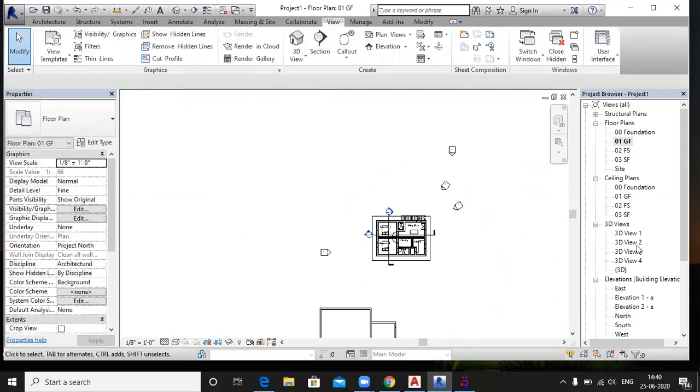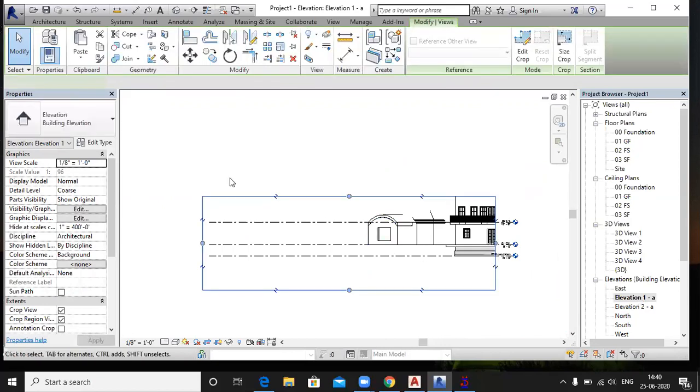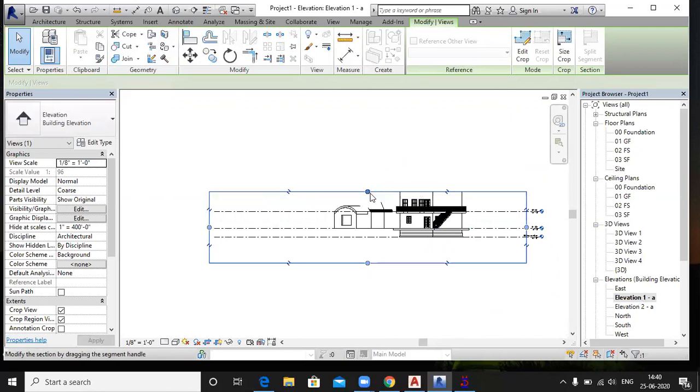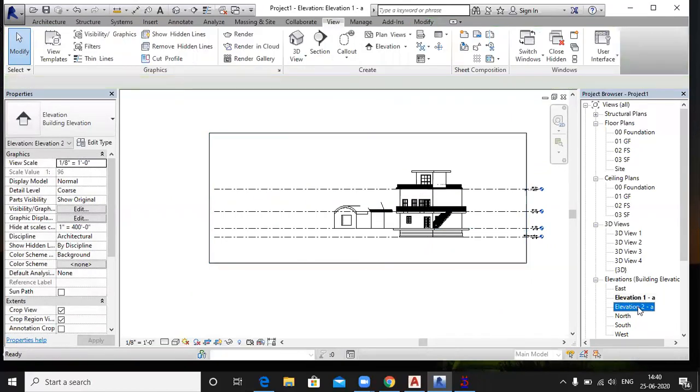You can now check this. The building is smooth, right or not? So this is your another view.